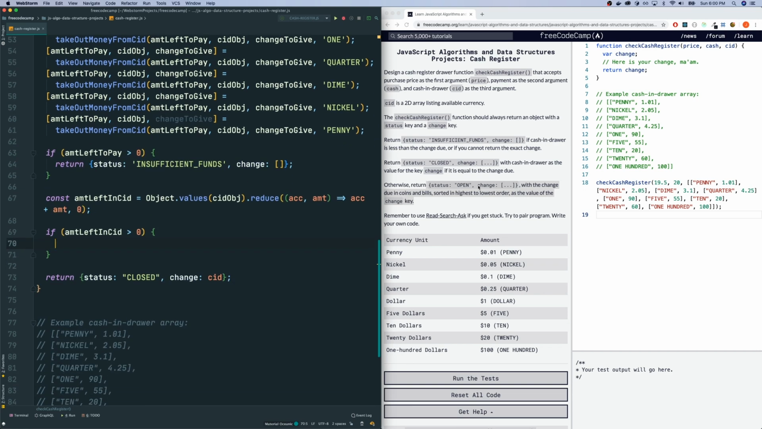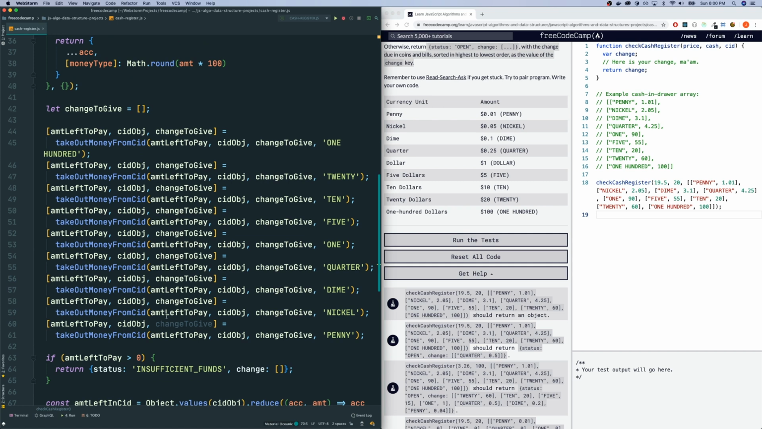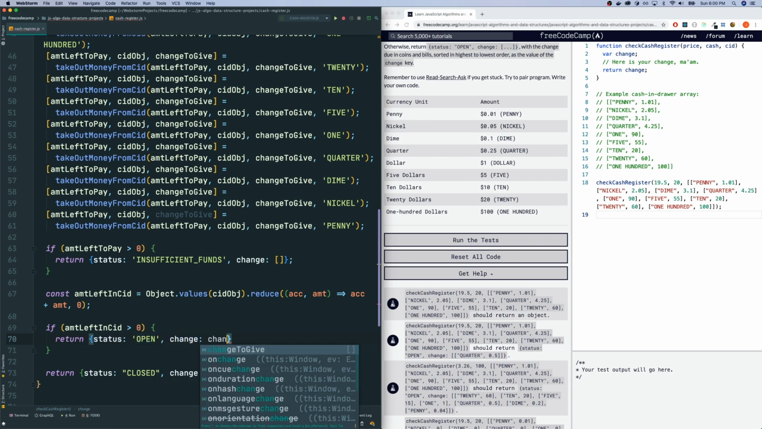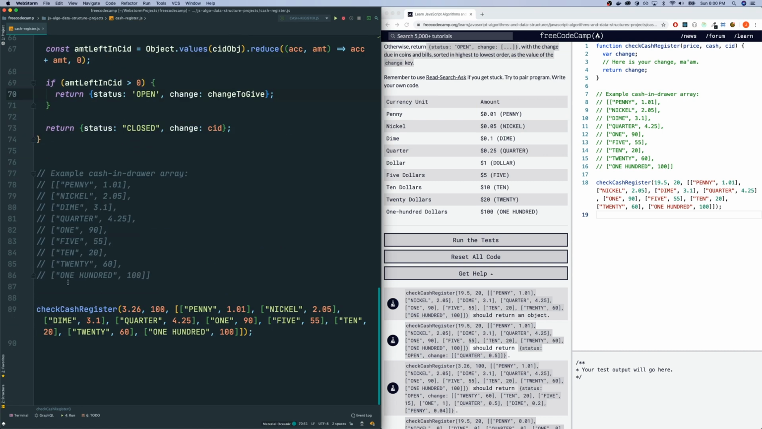We have an object that we have to convert to this. Oh, no, actually we don't, because we were building our change to give array, right? So this is actually very simple. To return status open with change to give. So that should work. Let's see what the